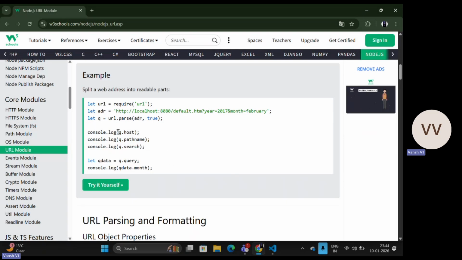Okay, console.log q.host. What will the host name be? Host is localhost colon 8080. Okay, this is done. Console.log q.pathname. What is the path name? As I told you, after the port number, whatever is written up to the question mark is known as your path name. So forward slash default.htm is your path name. Then q.search. What is search? Including the question mark, whatever is written comes under the search part. So you have to provide the output as question mark year equals 2017 and month equals